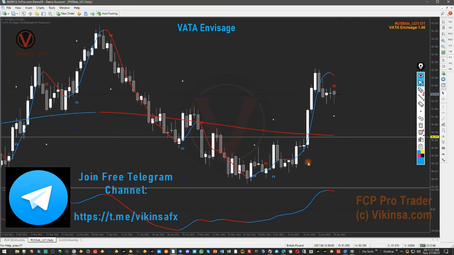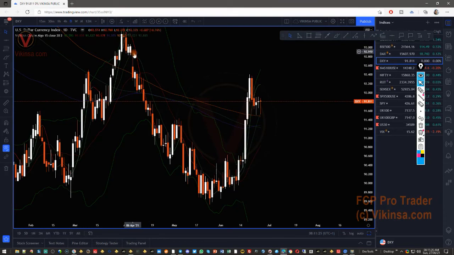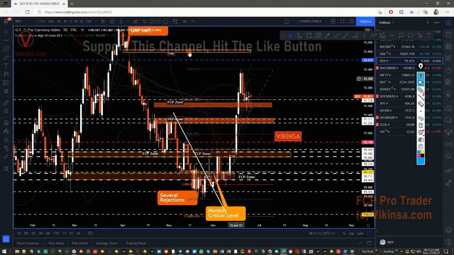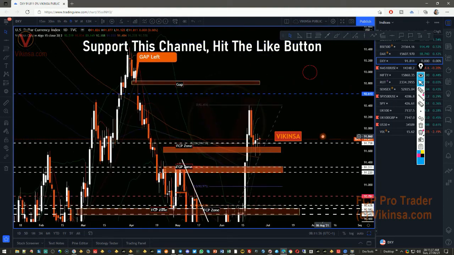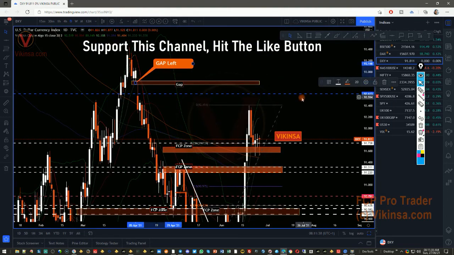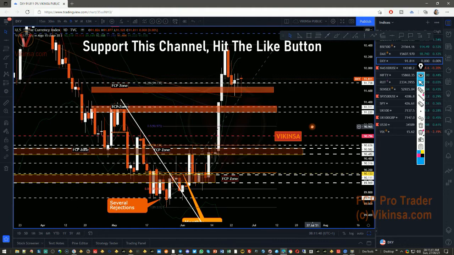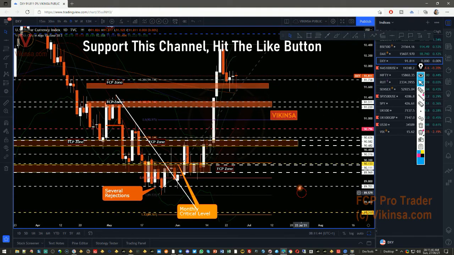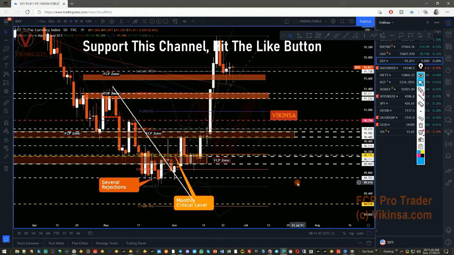We also have signals here, so let's see how the market opens up. We know the upward target is somewhere going to be around here, where we have this gap left. So let's bring in the original analysis. So this is the FCP zone, the next one is around here, and all of these levels are going to be helpful. This is the gap that I was just talking about. So I'm going to post this chart in our Telegram group, so that you can have a look at these levels. Hope you enjoyed this analysis.